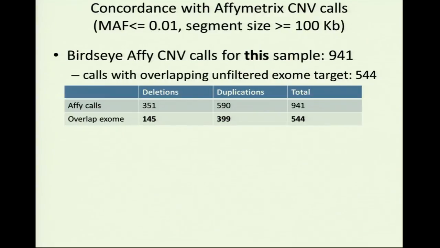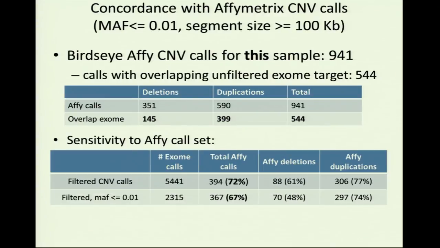And looking at those calls, there were approximately 500 of those calls. The question was, how sensitive is the XHMM calling, the exome sequencing-based calling, to those genome-wide calls? So of those 544 calls, approximately 60 to 70% of those were actually sensitive to calling in our initial call